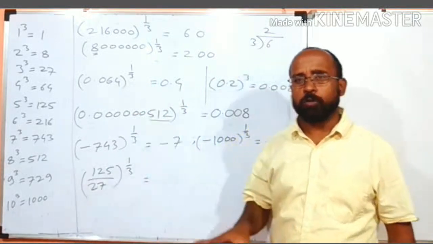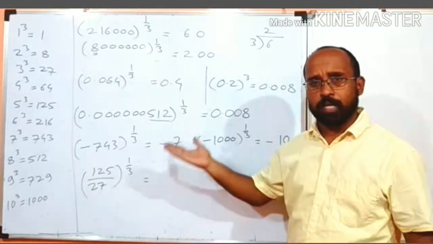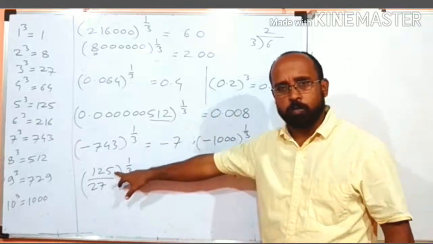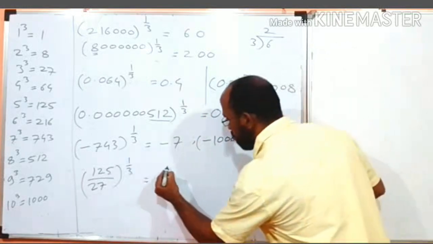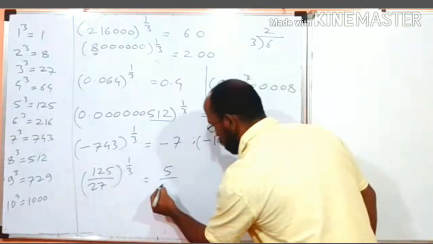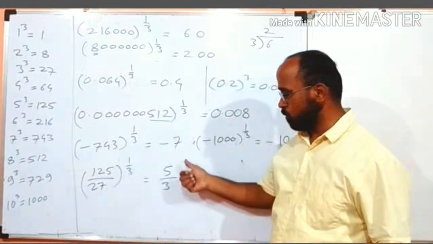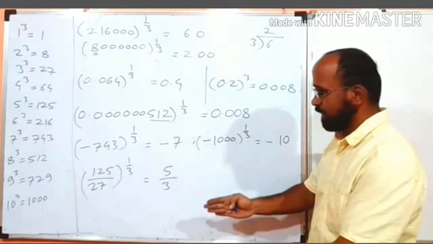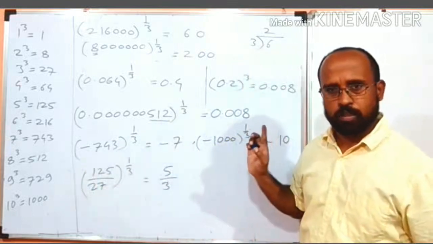While finding the cube root of a fraction, we have to find the cube root of the numerator separately and the cube root of the denominator separately and write them in fraction form. Means first we have to find the cube root of 125. The cube root of 125 is equal to 5 and the cube root of the denominator 27 is equal to 3. So our answer, the cube root of 125 upon 27, is equal to 5 upon 3. If we know the calculation or if we did the calculation in rough, we can write the answer simply in only one step. Done.